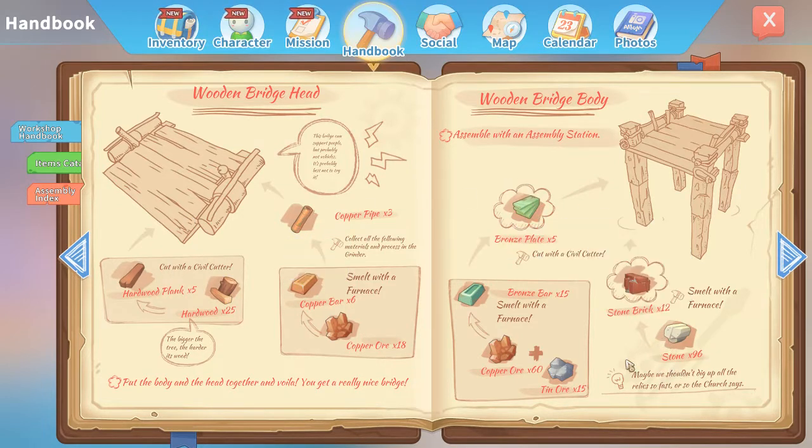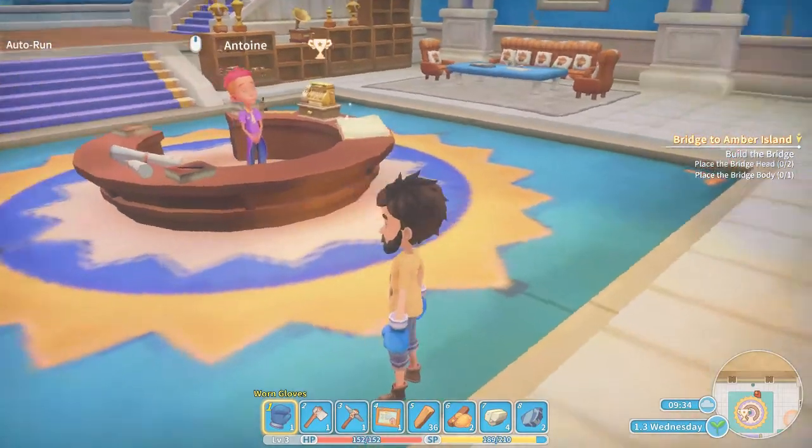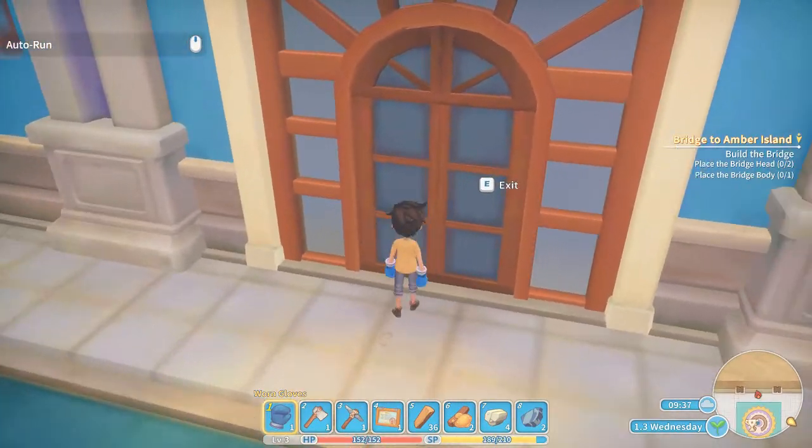The bronze bars and stone bricks we can make using the stone furnace that we've got. For copper pipes, we need a grinder, and we need a saw cutter and an upgraded axe to make the hardwood planks. So what we're going to do is